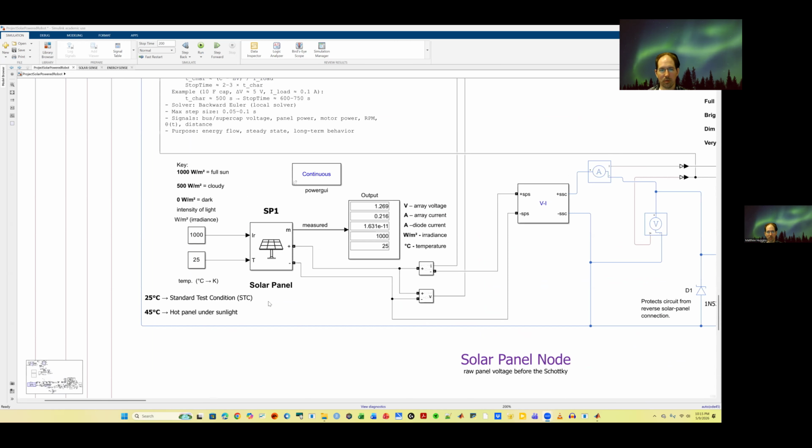To start off with, we start off with a solar panel here, and we modeled that with 0, 500, and 1000, which is the difference. These numbers correspond to different values of ambient light. Then we had a constant we feed in here, which is 25 is room temperature, and then 45 represents a hot panel in direct sunlight. And then those values are calculated in here and then placed over here